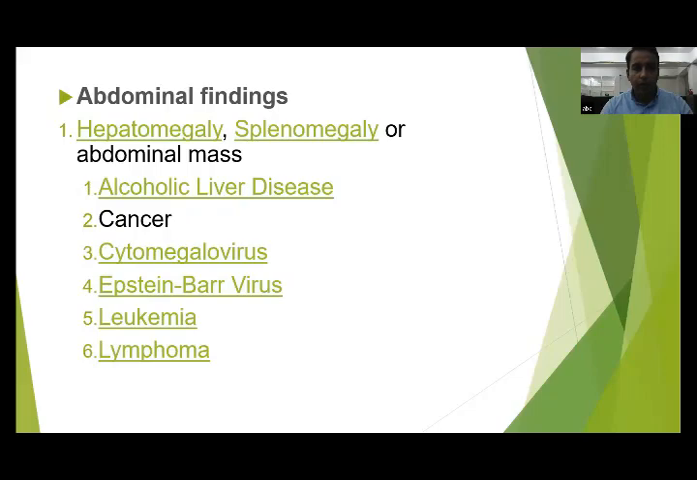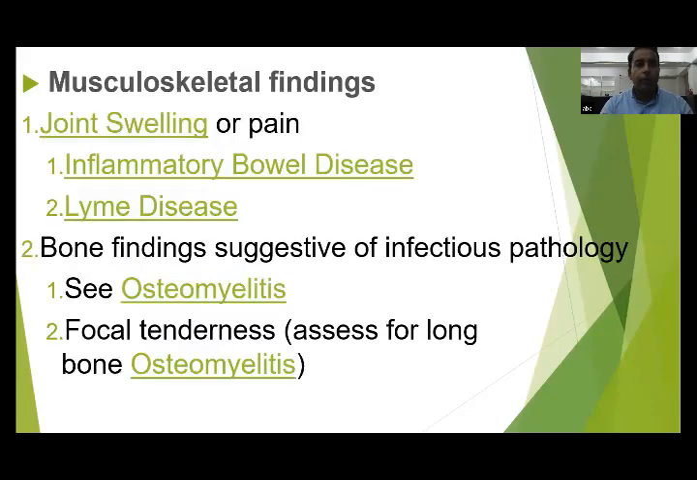Abdominal examination: liver, spleen is very important to make a differential on the basis of liver and splenomegaly, hepatomegaly. And musculoskeletal examination, joint swelling: there think about seronegative arthritis, IBD, Lyme disease, RA, connective tissue disorder, bony tenderness, osteomyelitis,